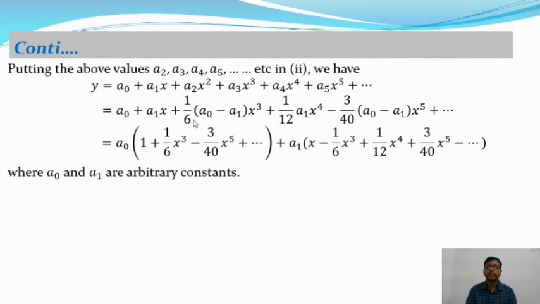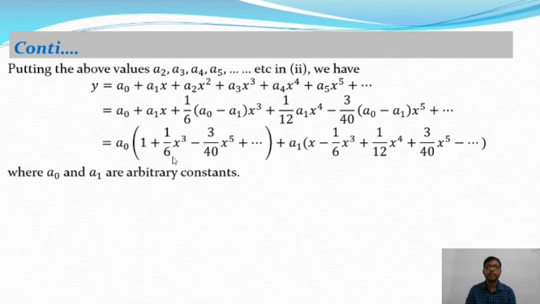This is the value of a3, plus a4 is equal to 1 by 12 into a1 into x to the power 4, and a5 is equal to minus 3 by 40 into a0 minus a1 into x to the power 5, and up to infinity. So after simplifying this equation, we will get a0 into